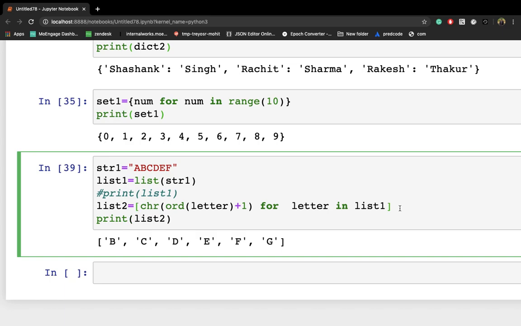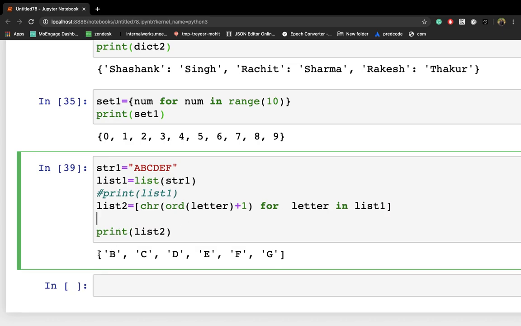Now let me convert this whole list to a string, right? So I can write list3, this is another variable name. Let me write an empty string dot join, str letter for letter in list2.